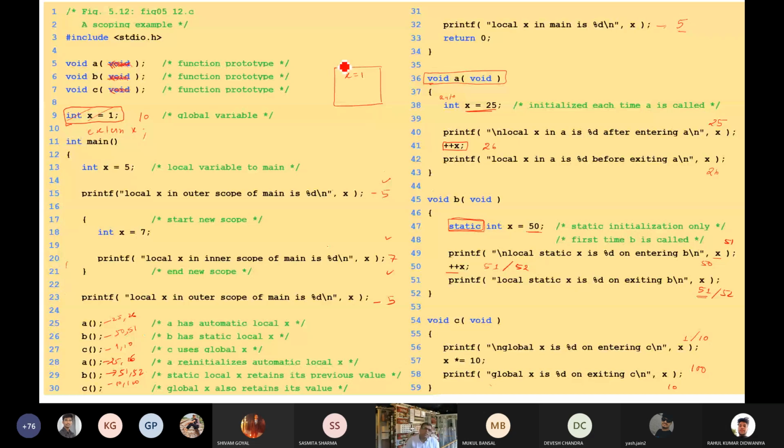Suppose this file name is sum.c. So sum.c will automatically look for this extern x. It will check in the current directory how many different files are there and whether any file has the global variable x or not. So this will be declared as integer x equals to 1. Then also it will work. Fine.